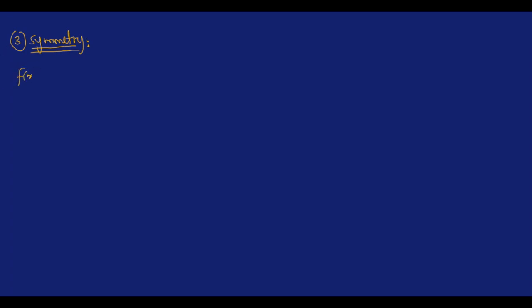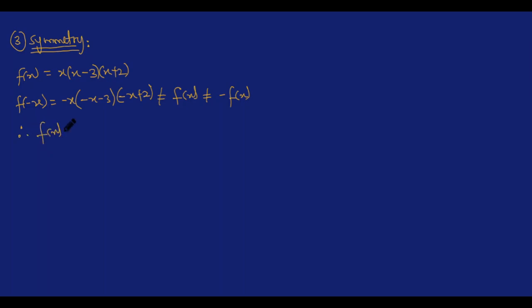So if f of x is equal to x multiplied by x minus 3 multiplied by x plus 2, that means that f of minus x is equal to minus x multiplied by minus x minus 3 multiplied by minus x plus 2. So this is not the same thing as f of x, and it's not the same thing as minus f of x. So therefore, f of x is neither even nor odd,